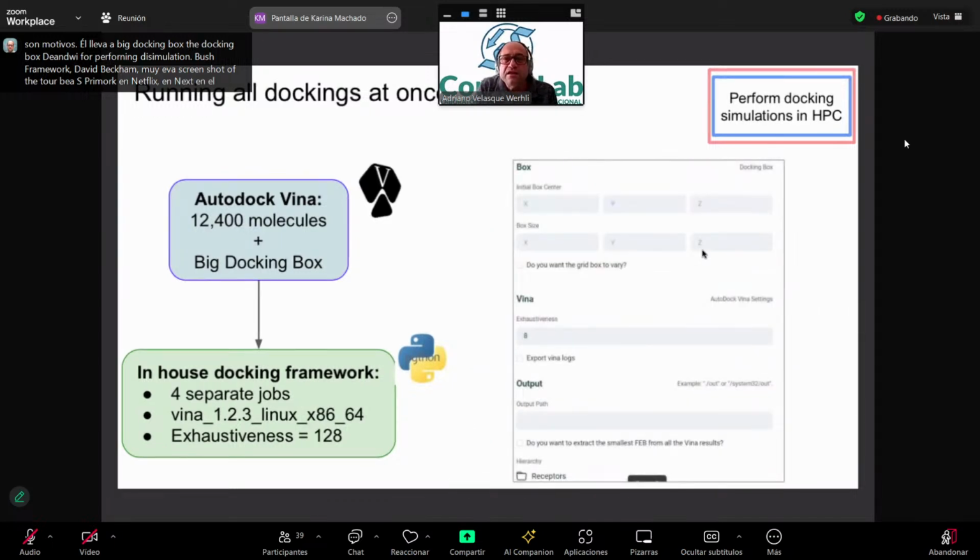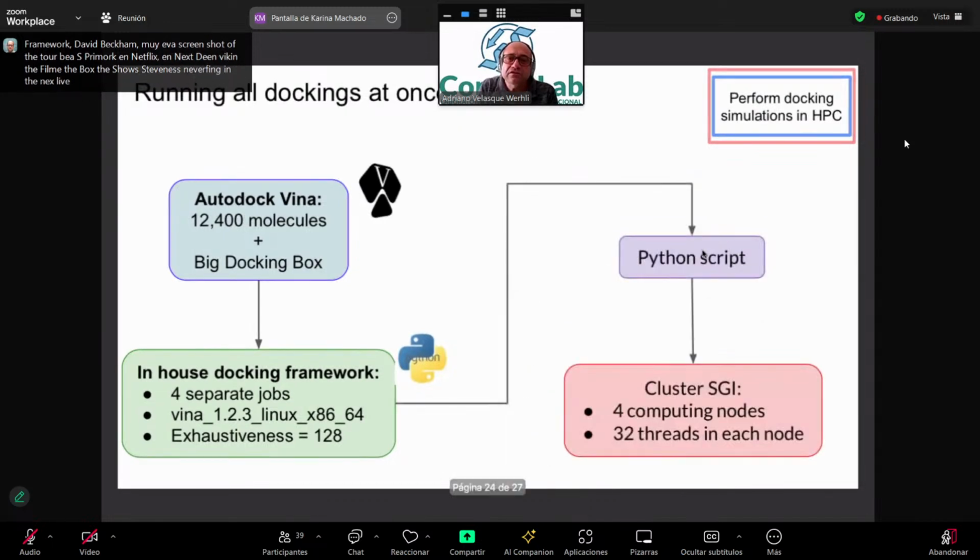And then we can define the box, exhaustiveness and everything. And then next slide, I can show you that what we obtain for our in-house framework is a Python script that runs all the simulations that we have programmed there. In this case, we